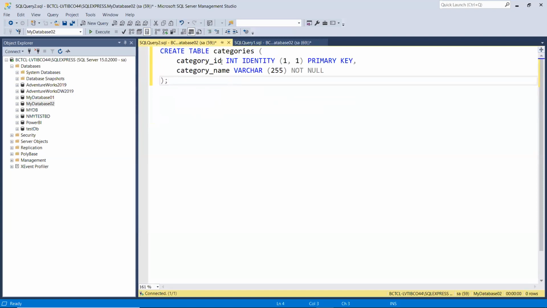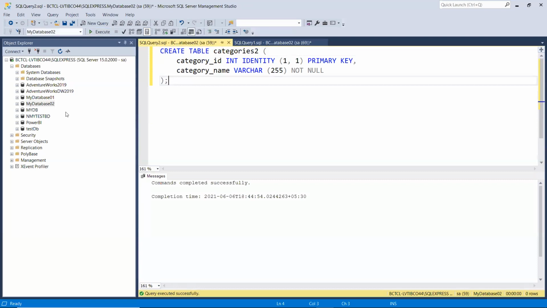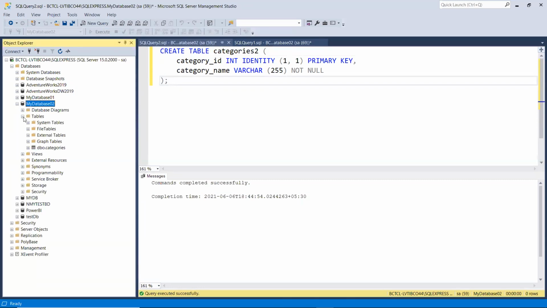Even if I execute the same query and I just change the category name, right now I'm not using that line of code that uses some particular database, but even if I execute my query now, it will create the table in my particular database from where I had opened my query window.